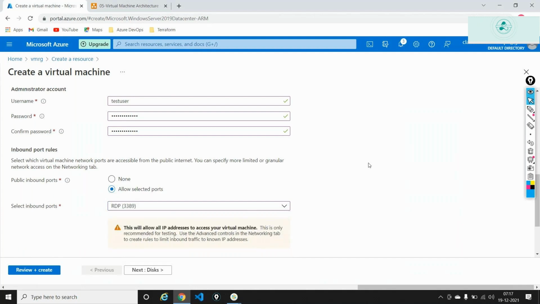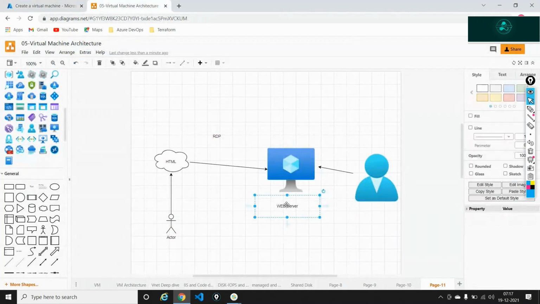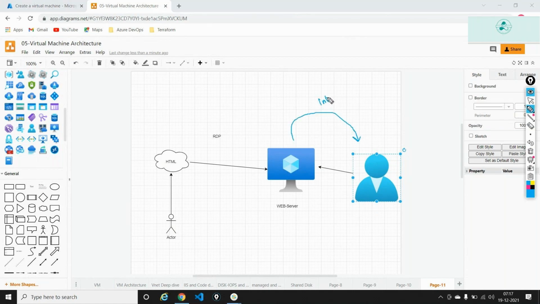And one very important thing, guys, is that we are now trying to basically convert this machine into a web server, meaning whichever HTML code the developer gives me should basically be downloaded on top of the server, and people like you and like me should be able to see this code over the internet. And if I need to allow this machine to communicate to the entire world, I need to open up a port for a service called HTTP,